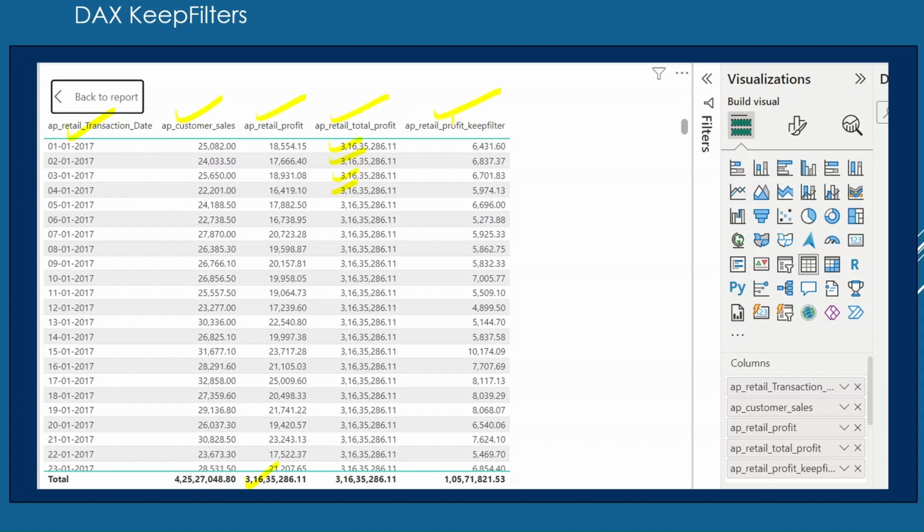Here I am just doing the keep filter. Okay, the keep filter I am doing this AP store ID 30. So this value is calculating for store ID 30 only. So this is the profit in this date only for store 30 only. So let me just